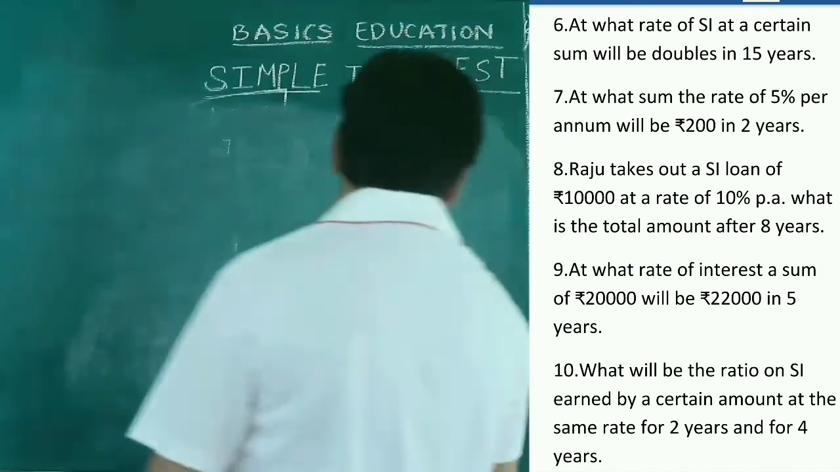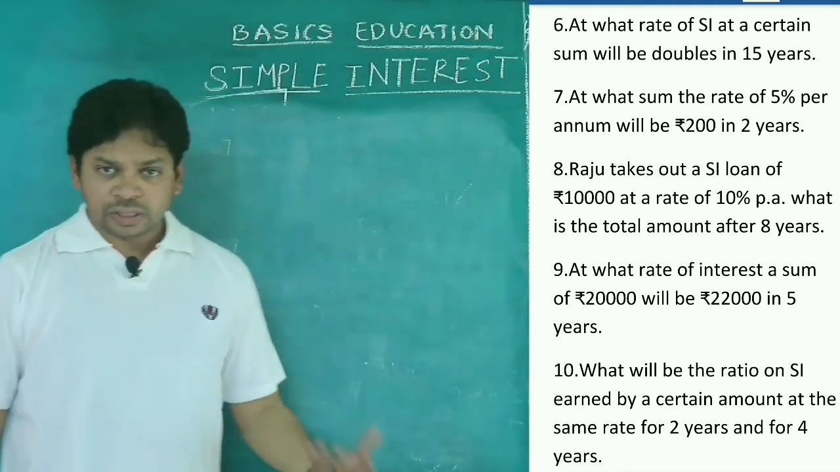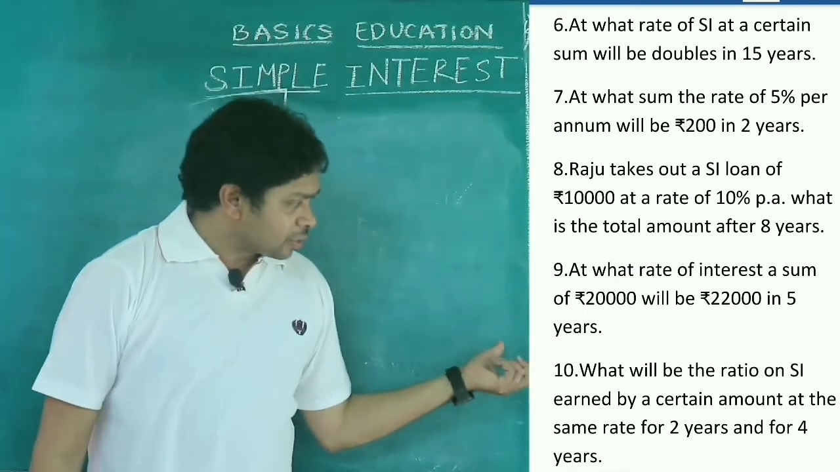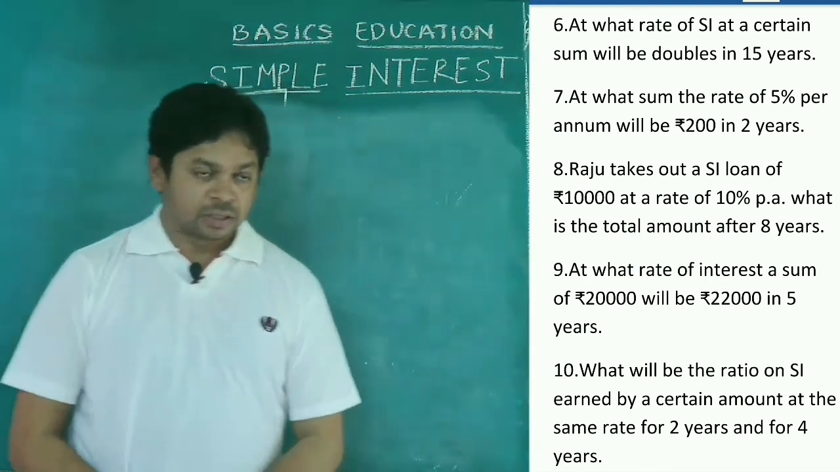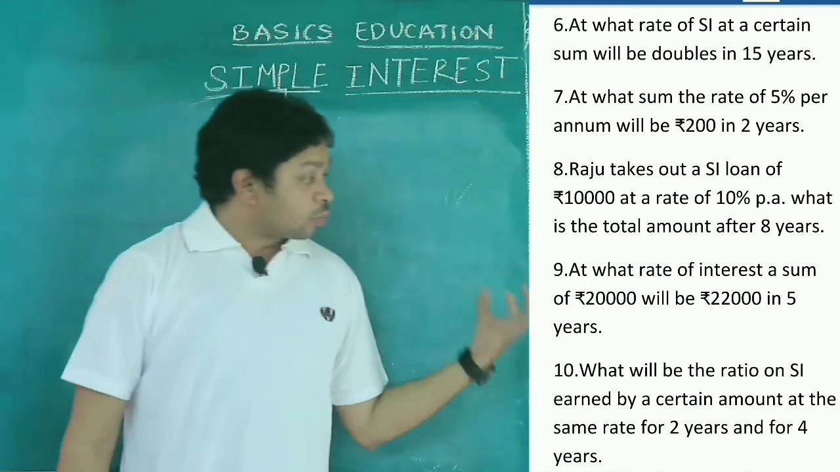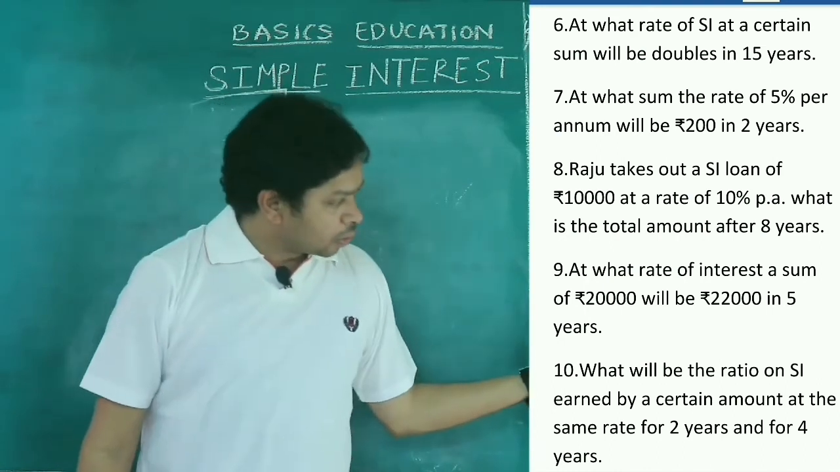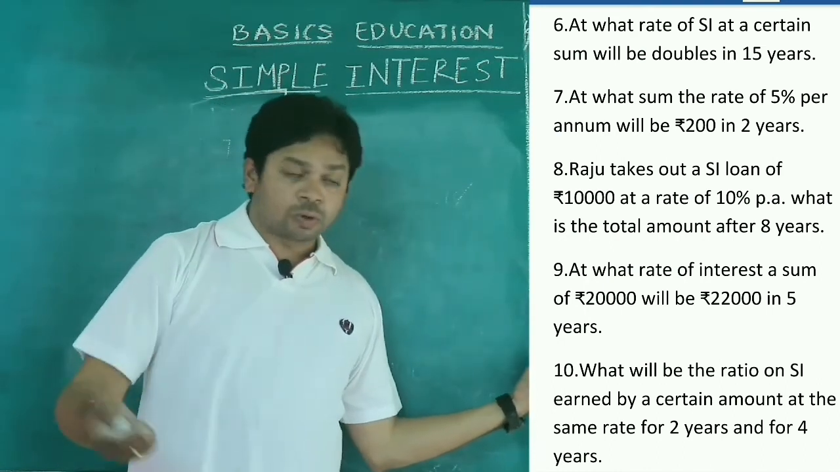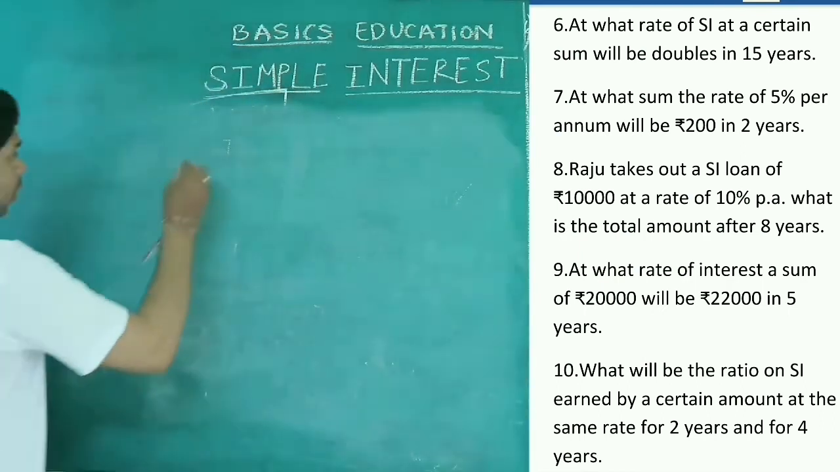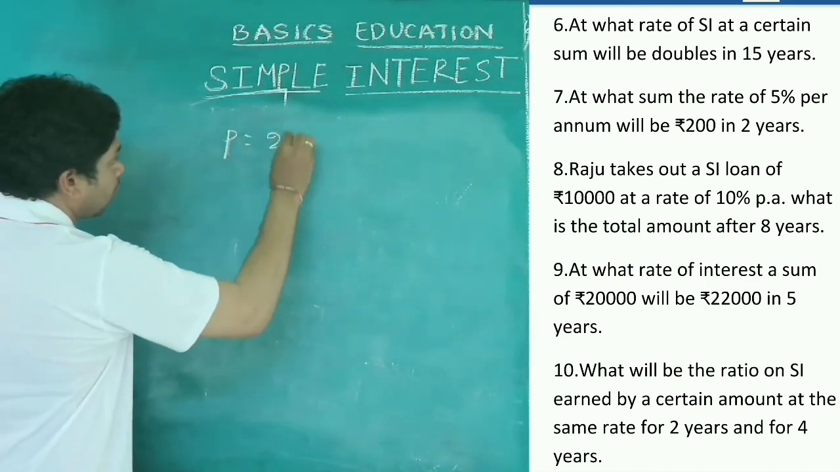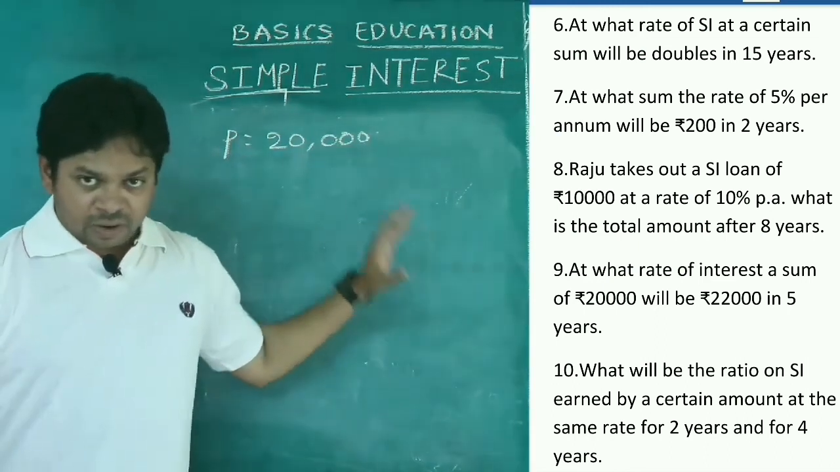And then go to the next question, that is: at what rate of interest will a sum of 20,000 rupees become 22,000 in 5 years? Again I will tell you the question: at what rate of interest will a sum of 20,000 rupees become 22,000 rupees in 5 years, it is asking. So first we have to know what is the principal amount. Principal amount is equal to 20,000 rupees, and after 5 years, the total of interest and principal will be